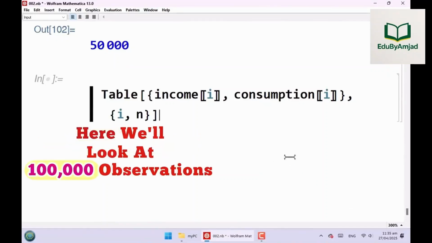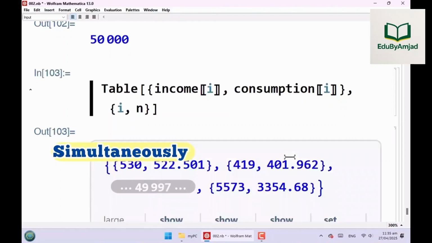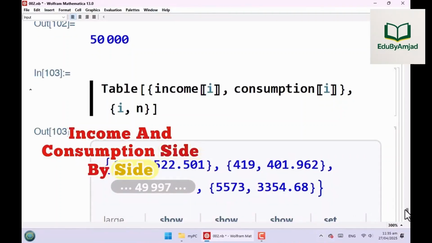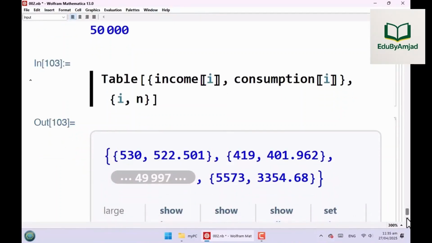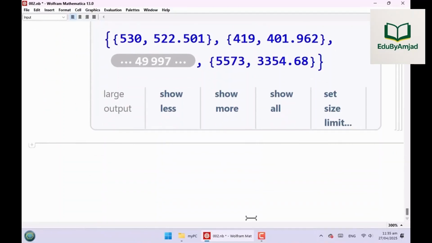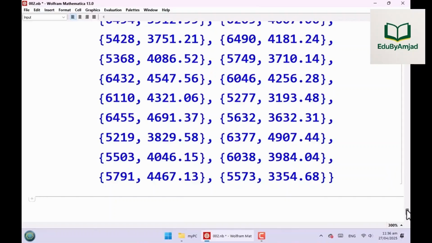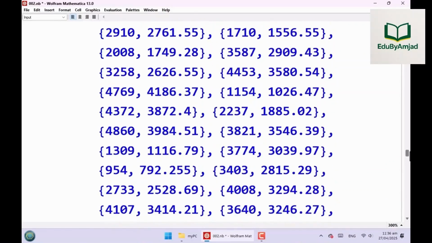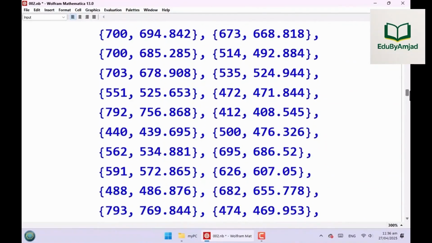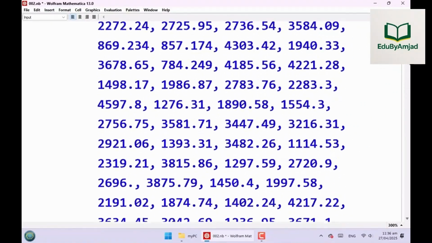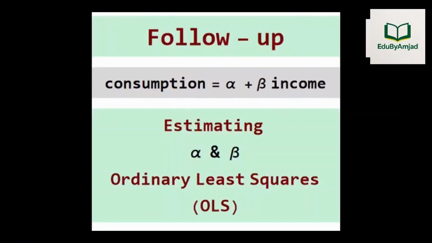Here we'll look at 100,000 observations simultaneously, income and consumption side by side. In the follow-up video, we'll use the household data generated here to estimate intercept alpha and slope parameter beta using ordinary least squares method.